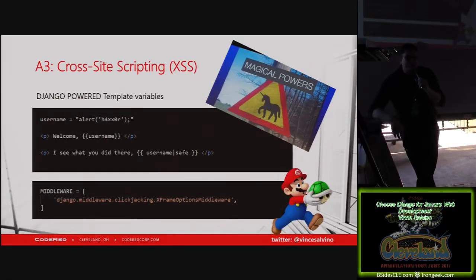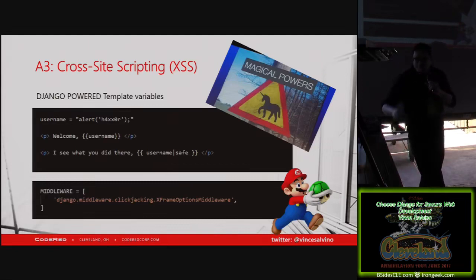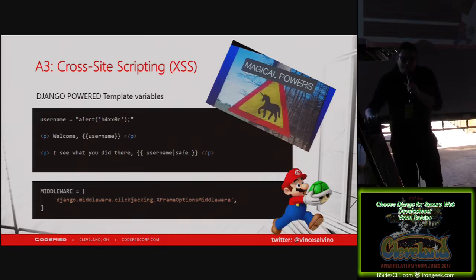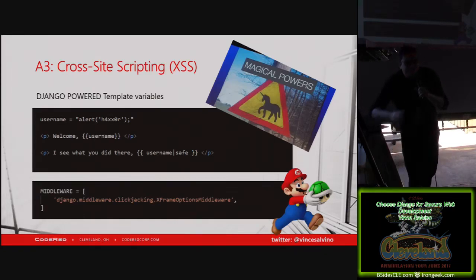Powering it up, Django by default escapes anything that gets spit out in the template. All the strings get escaped. It will not show you any HTML. You'll just see the ugly JavaScript. It won't actually execute it. And there's nothing you even have to do to turn that on. It's just there. If you do want it to be HTML for some reason, if you're doing something with a CMS, or you have an HTML field or something, you have to turn on the ability to show the raw content using a special tag called safe. So by default, nothing will spit out HTML unless you tell it to specifically do that.